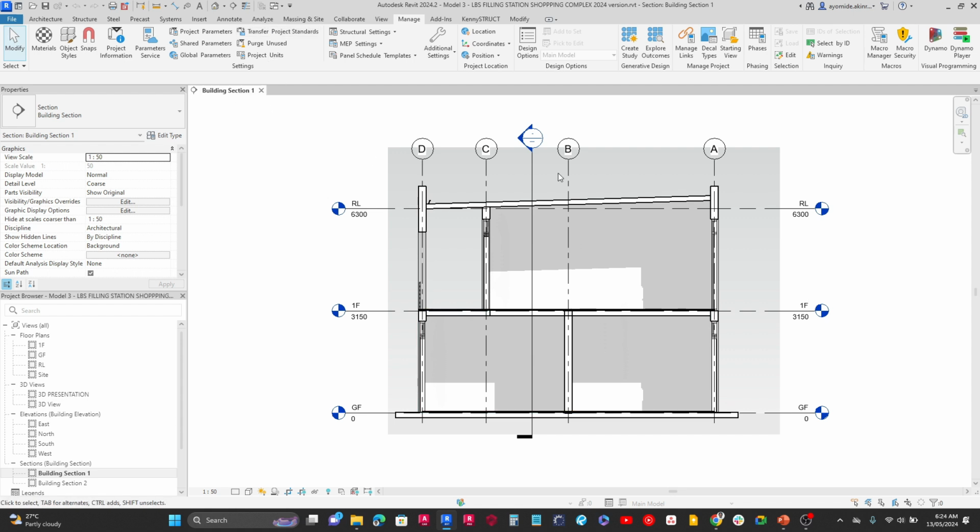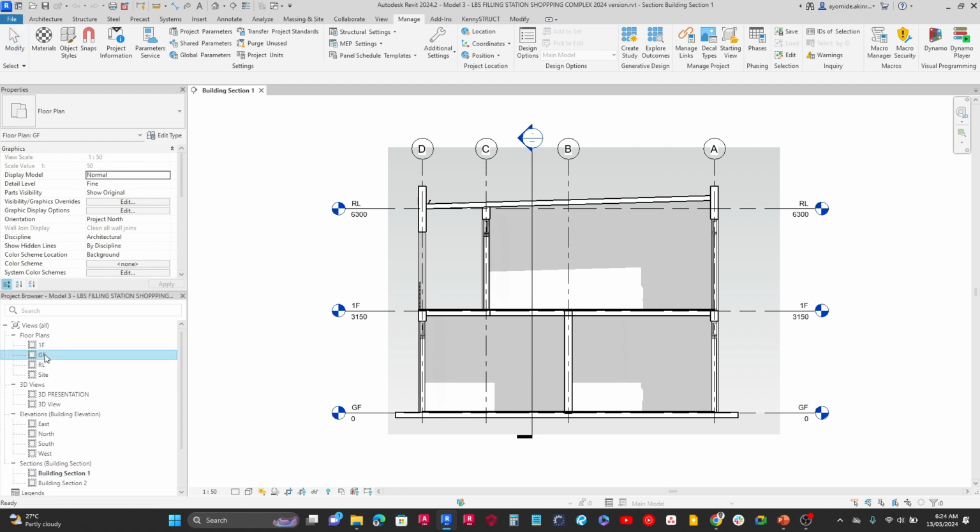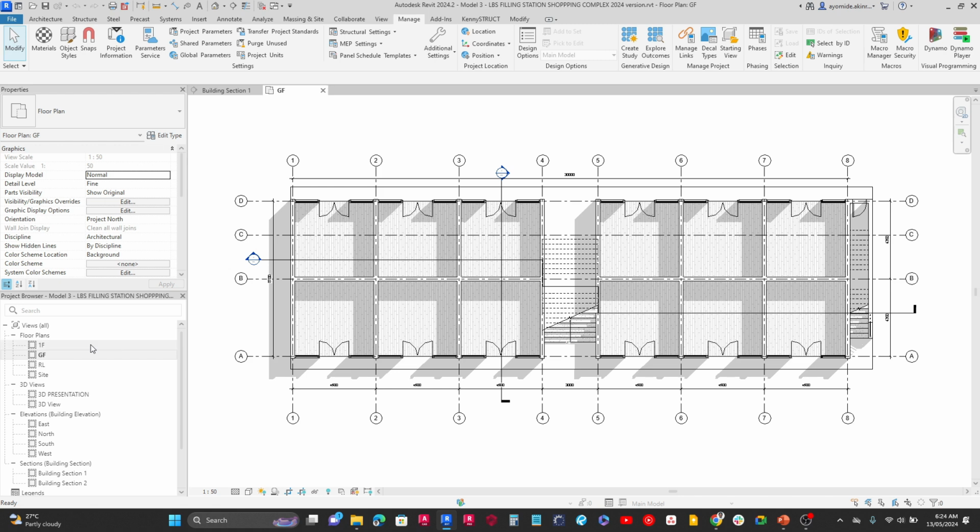Now this section is cutting through the building. We want to know exactly which part of the building it is cutting through. To see it better, I'm going to open up a floor plan. So let's open up the ground floor plan. We see 2 section heads over here. The first one is this one here. If I click on it